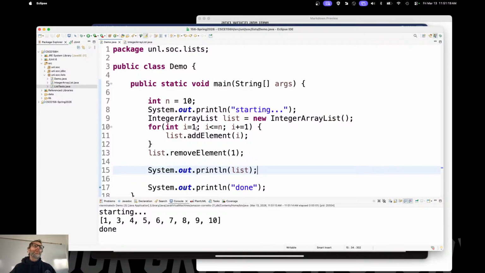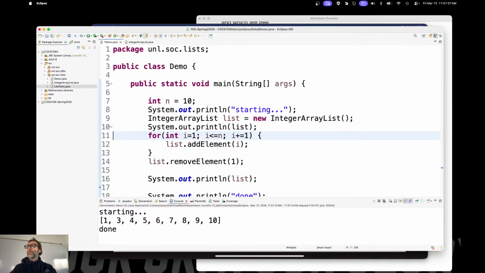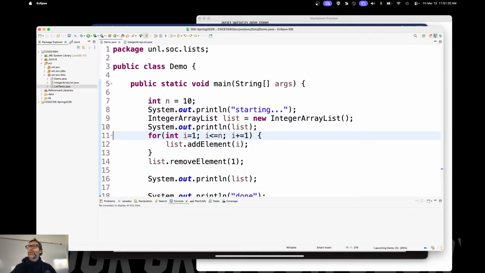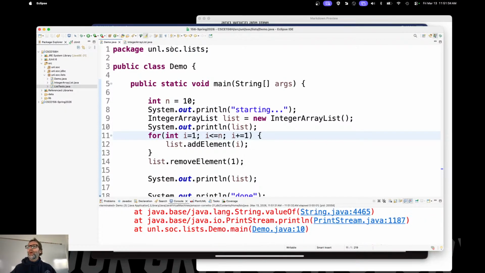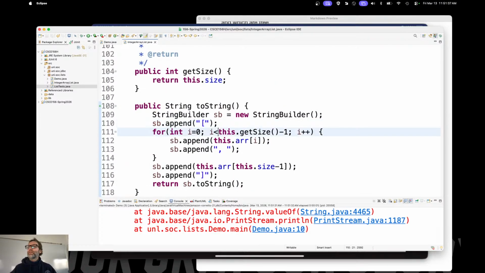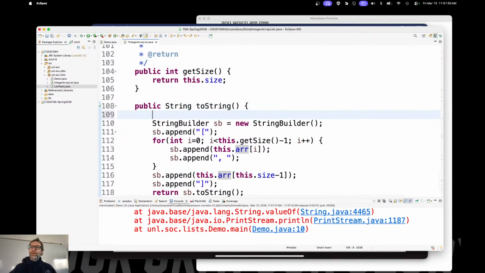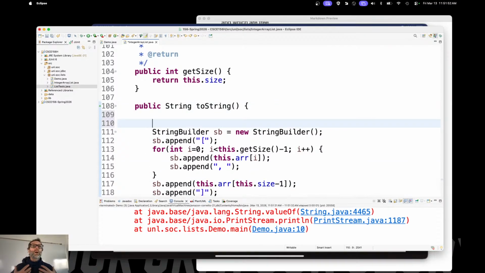Is there an extremal case, a corner case where this might fail? Oh, an empty list. So let's try to print it out before we even insert anything into it. What do you think is going to happen? An index out of bounds exception. Why? What is the size? 0. This doesn't actually get executed, but this does. 0 minus 1 is going to be minus 1, right? So, if it's an extreme case, a corner case, then that means that you should probably have corner case code